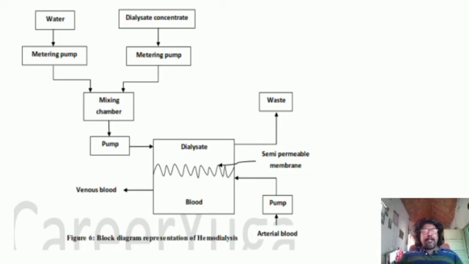There is a mixing chamber where the appropriate amount of water as well as the dialysate will be mixed, and this is pumped inside the dialysate chamber. Inside the dialysate chamber there will be a dialysing solution that is separated from the blood through a small semi-permeable membrane. In the blood chamber, the impure blood which has to be purified will be collected through the venous cava, through some tubes. Because of the diffusion process that happens between the two chambers, the blood will be purified and eventually it will be pumped to the artery section.